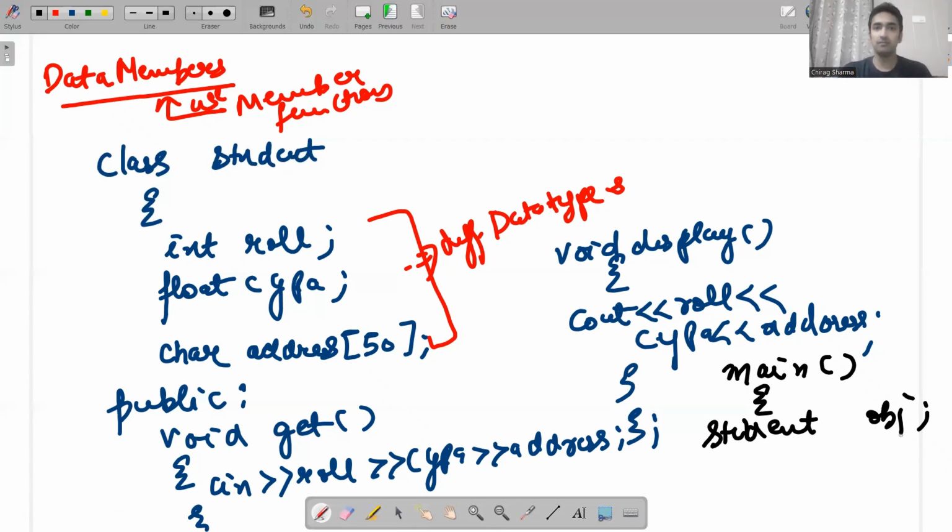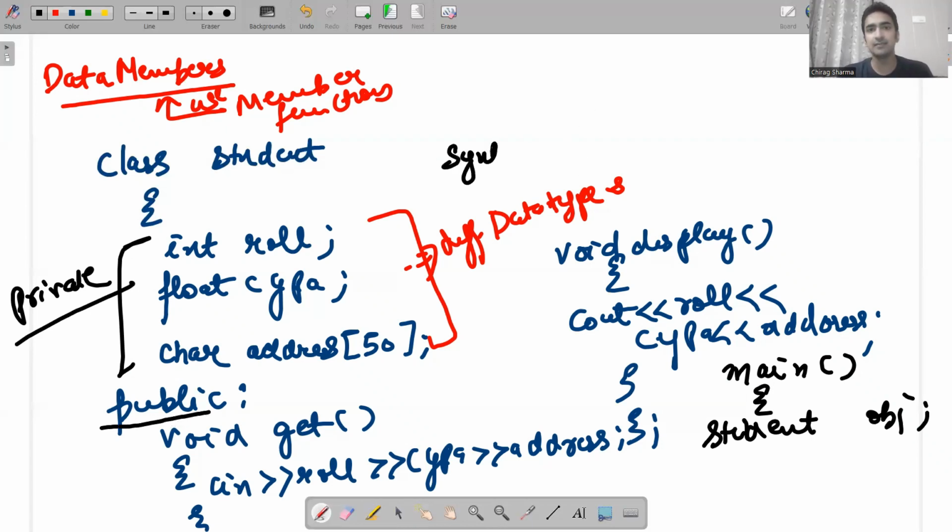So it is not possible that I can use roll number, CGPA, address. Why? Because by default, they are private. I cannot access them. But whatever I have written in public, I can access. But there is a syntax for accessing. So the syntax for accessing is